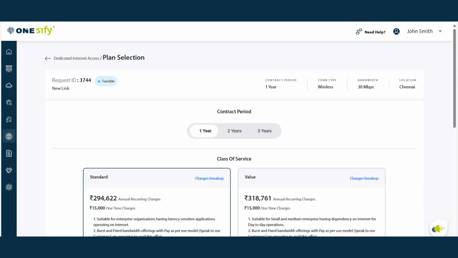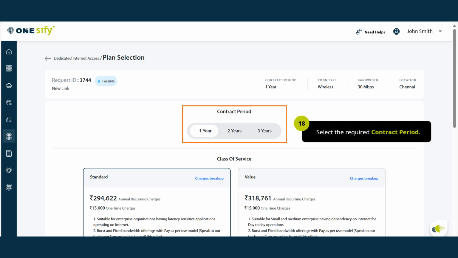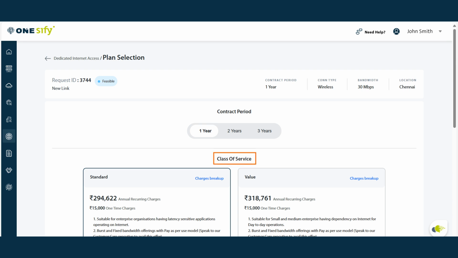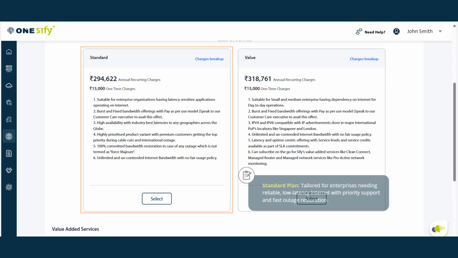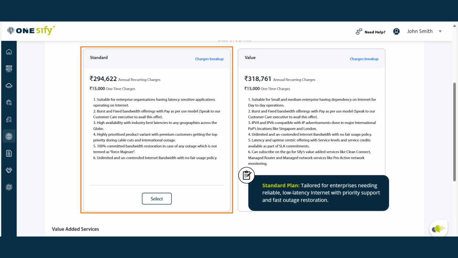The plan selection page appears. SIFI offers 3 contract periods: 1 year, 2 years, and 3 years. Select the required contract period. Under the class of service, there are 2 options available: Standard and Value. The Standard plan provides features tailored for enterprises requiring reliable, low-latency internet with prioritized support and quick restoration during outages.